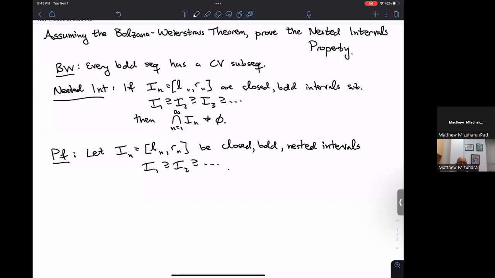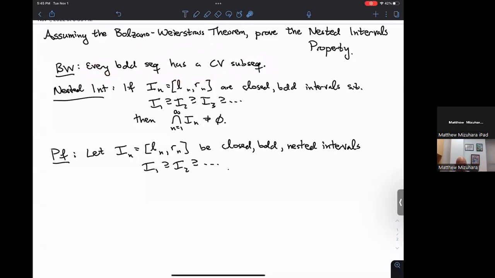Hey everyone. So this is an example from the notes in section 2.5, which we skipped in class, but I promised you a video. So we're going to be assuming the Bolzano-Weierstrass theorem and using that to prove the nested intervals property. So just as a quick reminder, Bolzano-Weierstrass says that every bounded sequence of real numbers has a convergent